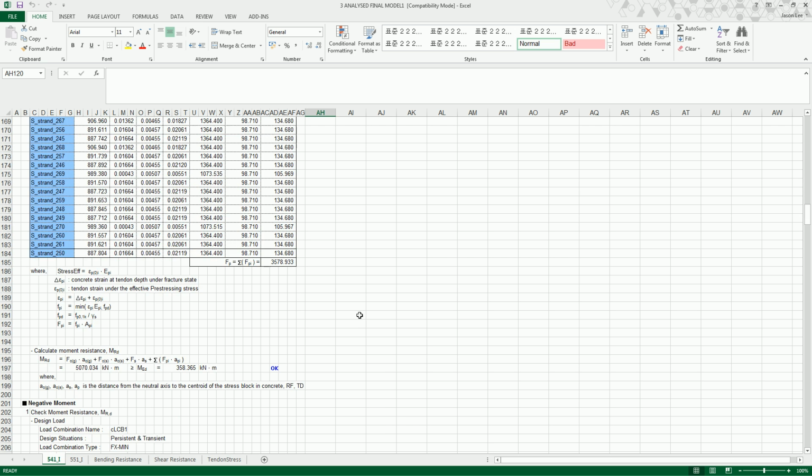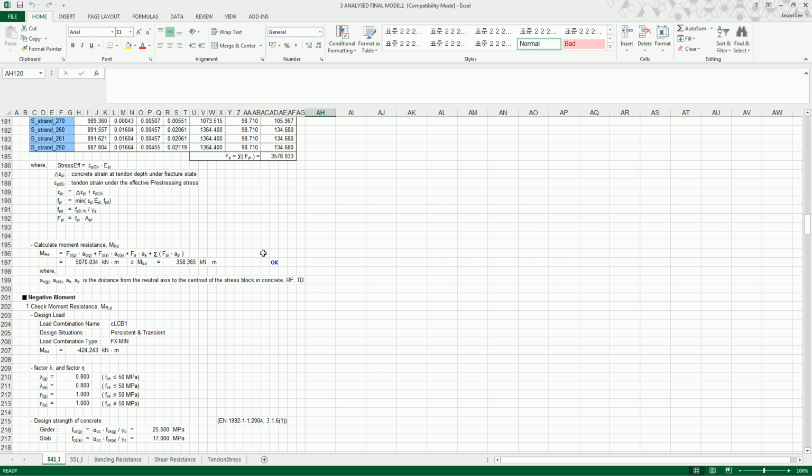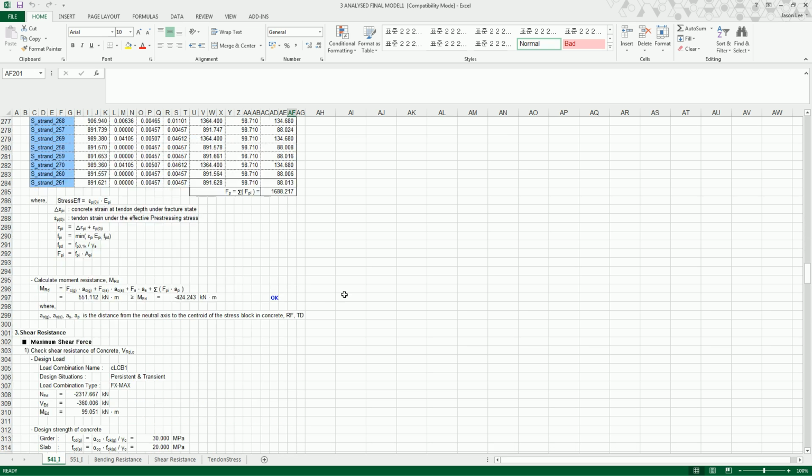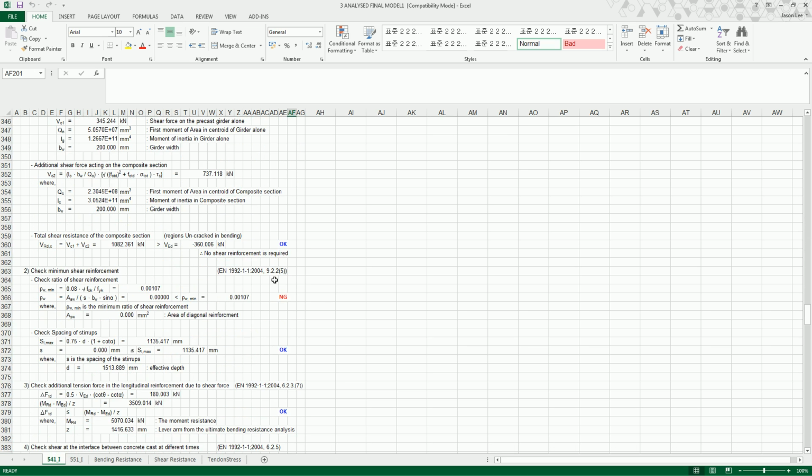Furthermore, the checks are shown as well. If they pass, it shows OK. If they don't pass, then the software is going to highlight this in red. Okay, so moving back to the model again,